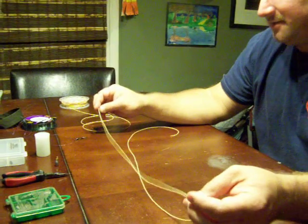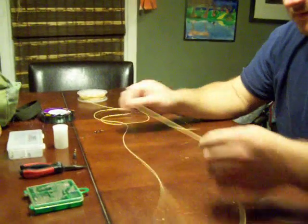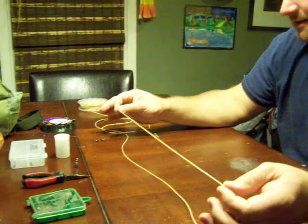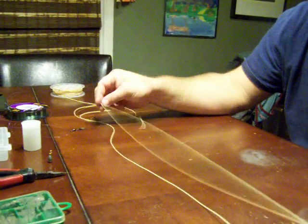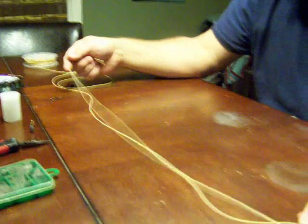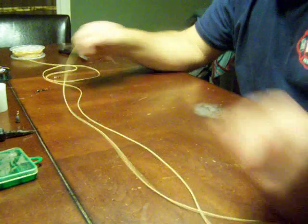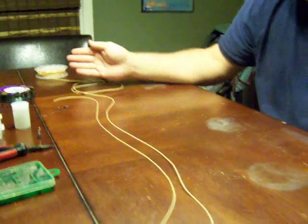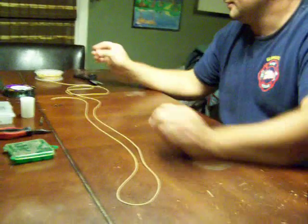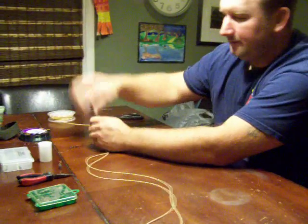This is a perch rig. I'm going to use this floating line so you can see it on the camera, but normally you just use regular mono. So this would be your regular fishing line. So you get a piece about that big, about 2 feet, 3 feet, however big you want to make it. Come down here,